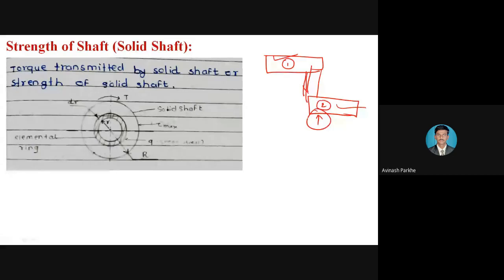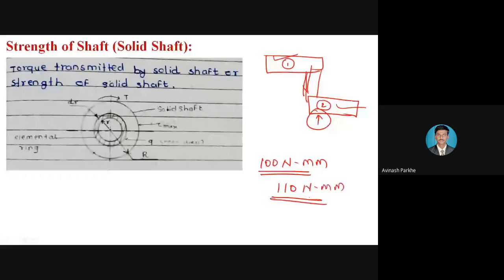Now the figure is in front of you, strength of the solid shaft. If the solid shaft is designed to transmit torque up to 100 Newton mm, that means this shaft can transmit torque of 95, 90, 85, 60, 15, 20. Whatever the values less than 100, that torque can be easily transmitted. But if the torque extends up to 110 Newton mm,